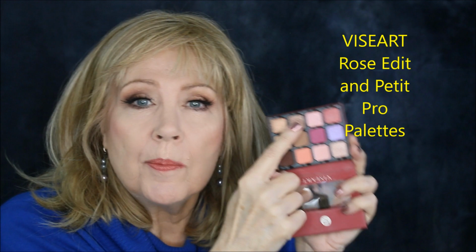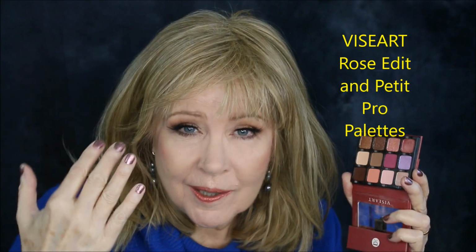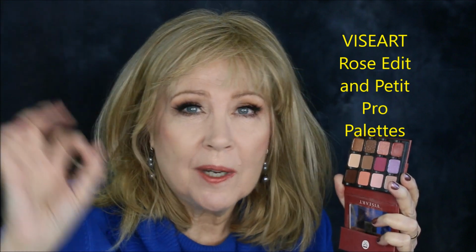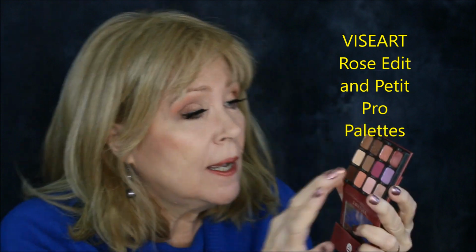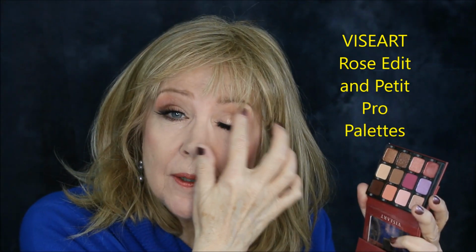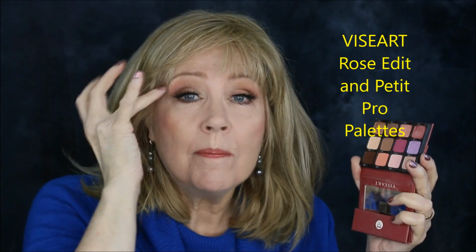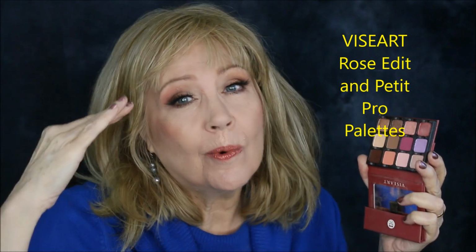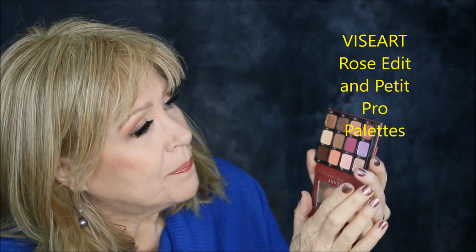You've got a nice beautiful bronze to line under your eyes. I love to line with a shimmer bronze under my eyes. I think it adds a little bit of sparkle without being over the top. And I love this pale kind of salmony color. I use that right in here, just in the corner. I call it the 10 and 2 o'clock. It just kind of melds the eye into a warmer kind of look